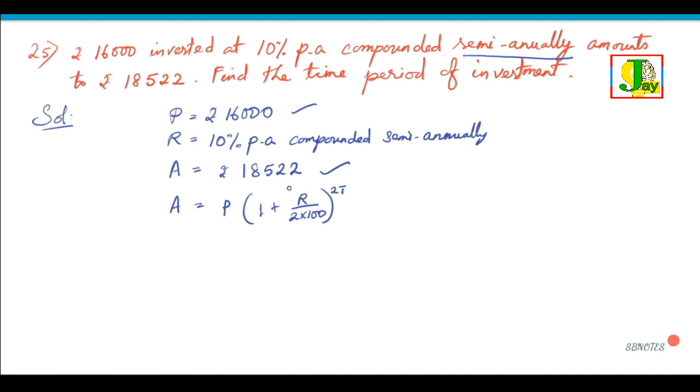Here, instead of calculating separately, we can do it directly. Whatever n is will be 2 times t. So in place of n we write 2t, and r by 2, since it is compounded semi-annually. The r we get will be the annual rate. So on putting the values,